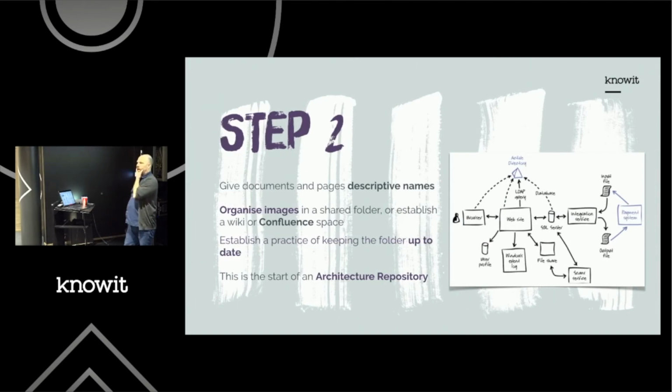So the second part of the challenge then is to make this information that you're starting to build easy to find again and to keep as a reference. So actually giving the pictures and images and documents descriptive names is really, really important, because you have to be able to pick them back up and use them for reference. So the threshold for this can be really, really low to begin with.